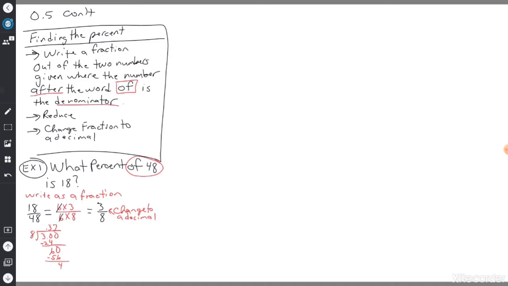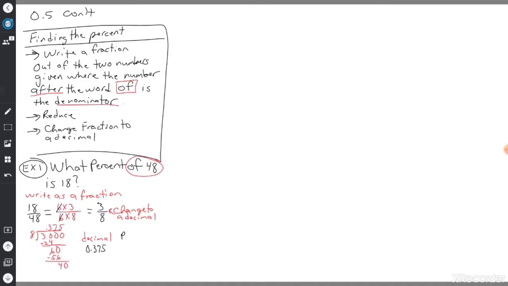Have a 4 there, and we can add on another 0 and drop that down. And so the decimal number is 0.375,